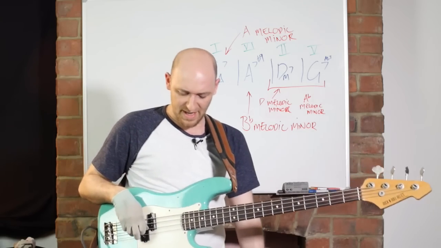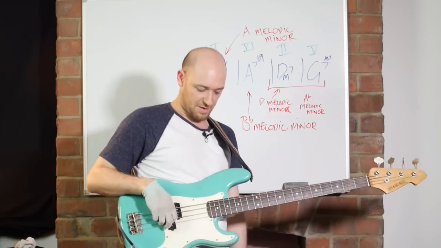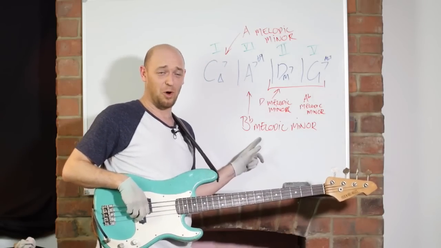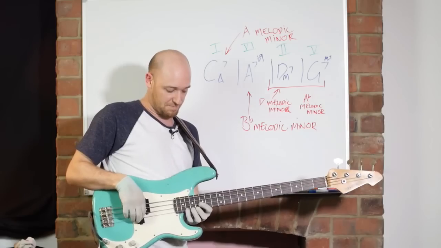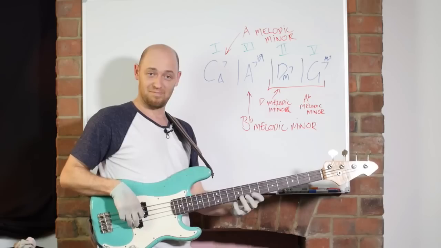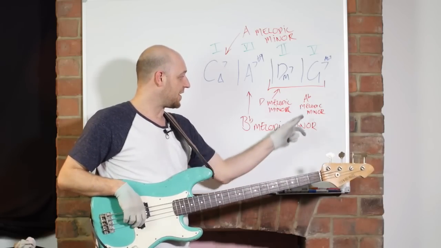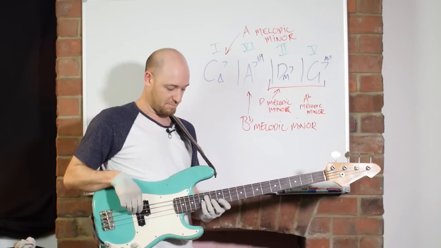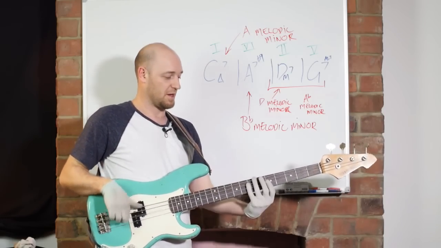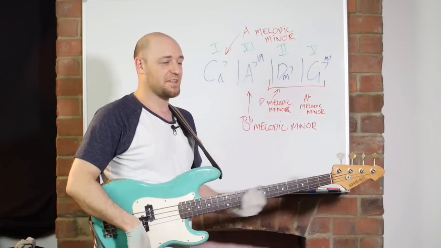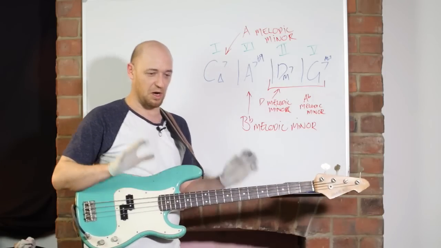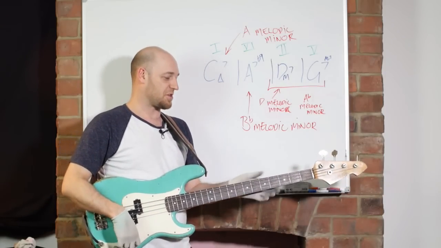Okay, so all I did there, I shoehorned it in, was I used the B flat melodic minor, and then I used the D melodic minor, and then I used the A flat melodic minor, just to get used to the sound over those. What I'd really suggest as well, another thing to try out, is doing it over a static chord. So if you were just on like a D minor vamp,